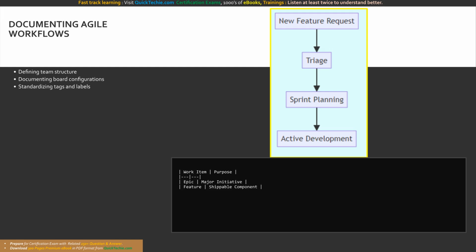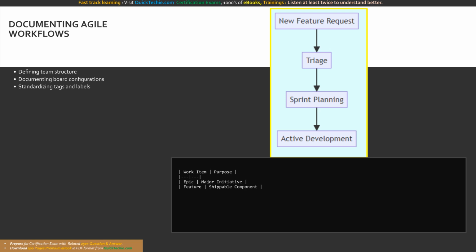This includes detailing the work item hierarchy, such as epics, features, and user stories, and standardizing the rules for using tags, labels, and state transitions. Providing visual flowcharts of your sprint planning lifecycle establishes a concrete operational baseline, drastically reducing confusion and administrative overhead during iteration execution. Using Markdown tables within the wiki provides a clean, structured format for defining the team's standardized work item